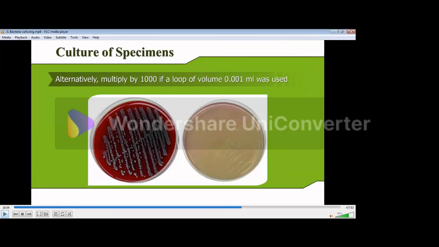Generally, the normal loops that we are using do not have an accurate size, but for this standard loop culturing method, separate loops are available. Even HiMedia provides those, so they should be maintained properly. Even overheating or putting it outside, rusting also will change its volume. So this standard loop method, generally loop based calculations, this viable colony count is generally recommended for clinical samples like urine and CSF.